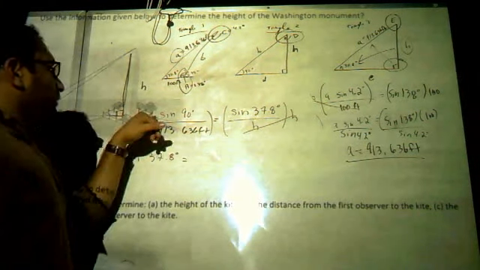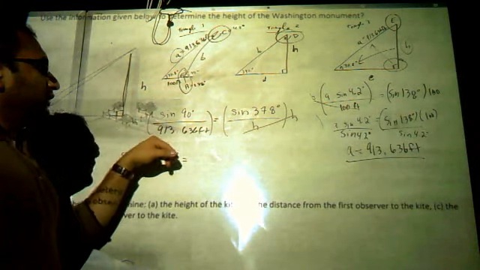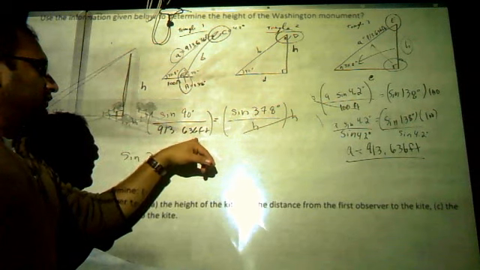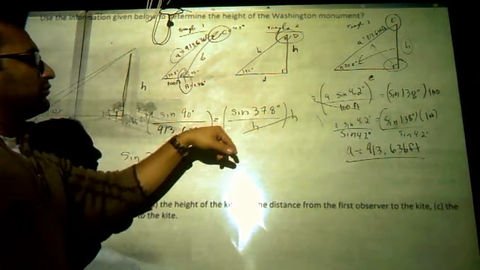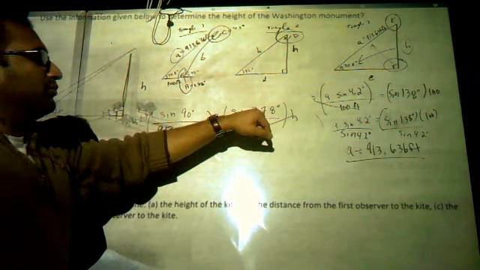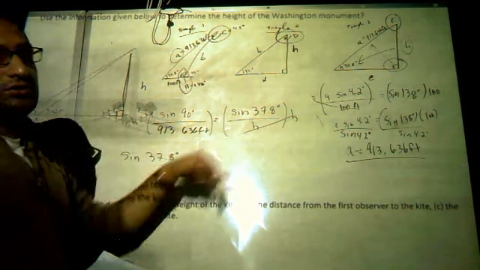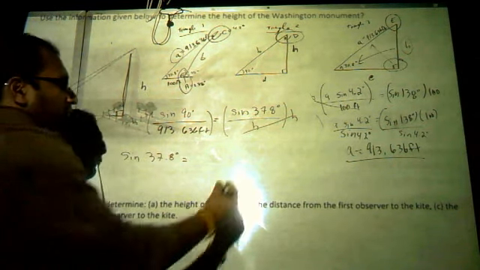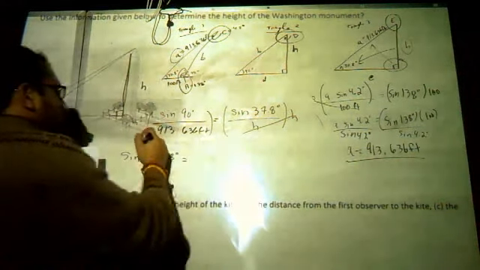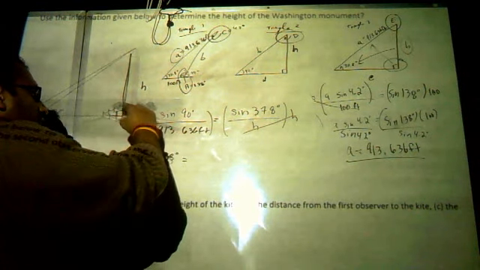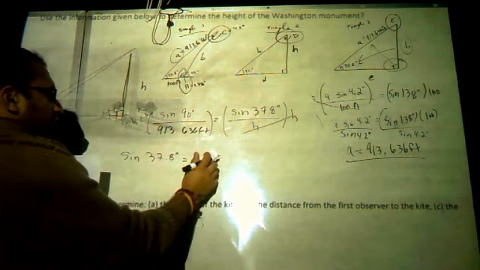We have sine of 90 degrees divided by 913.636 feet is equal to the sine of 37.8 degrees divided by h. Now what are we going to do? We're going to solve for our height. We multiply by h on both sides. Okay, so that left us with